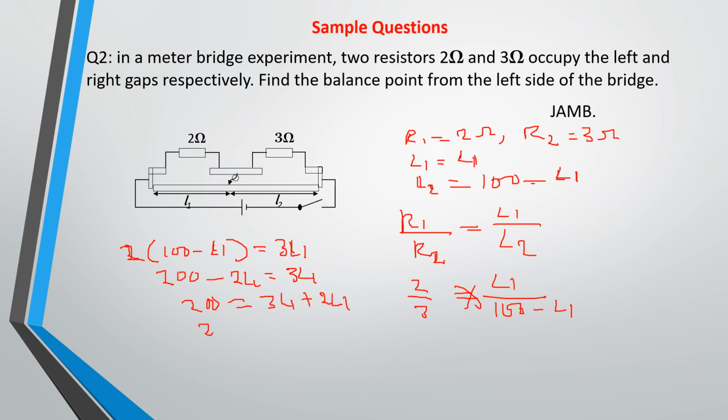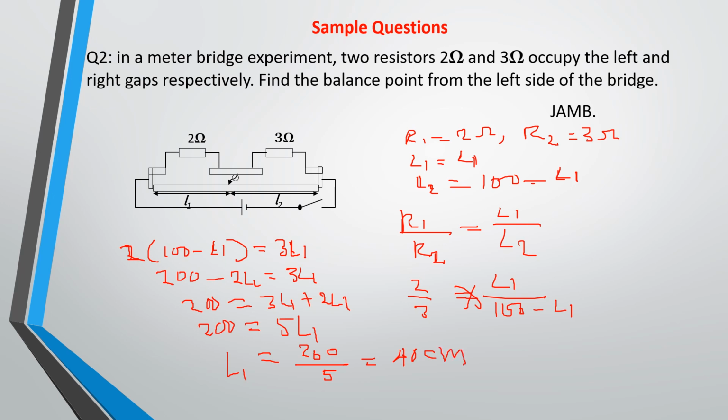That is 200 is equal to 5L1. So your L1 is equal to 200 divided by 5. And that gives us 40